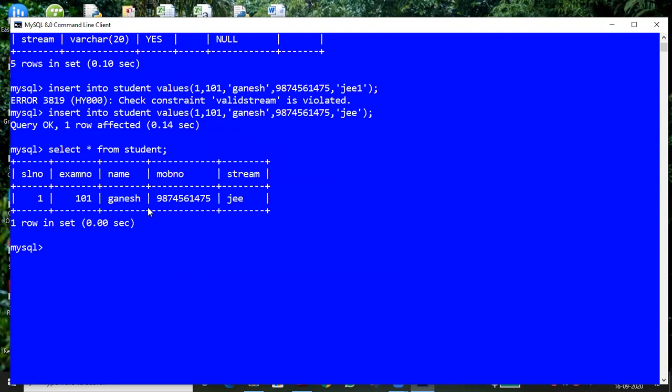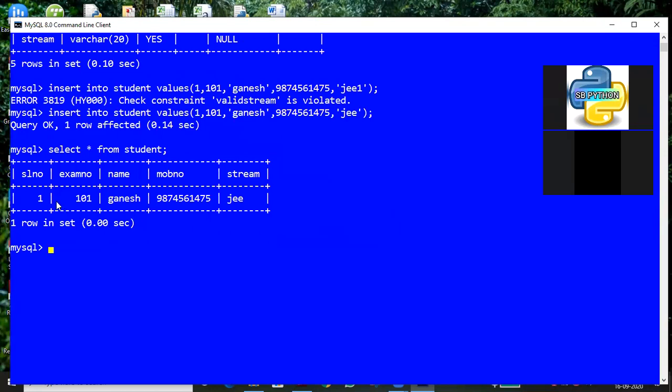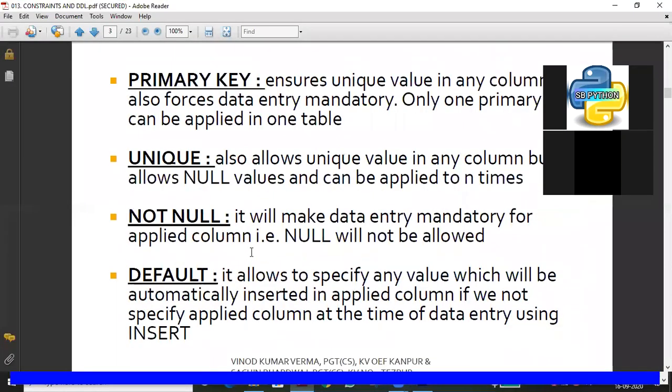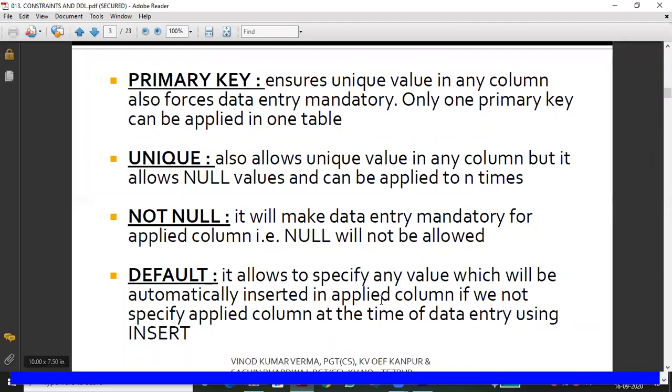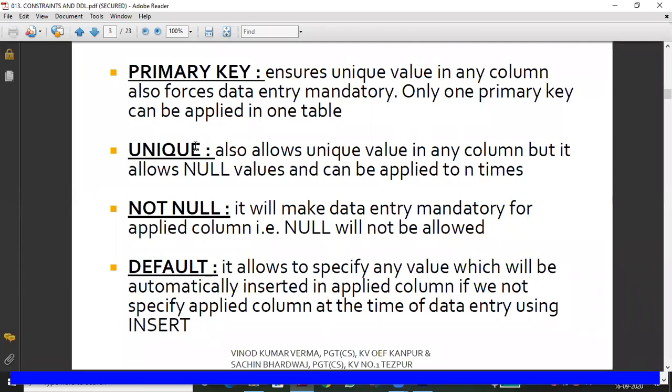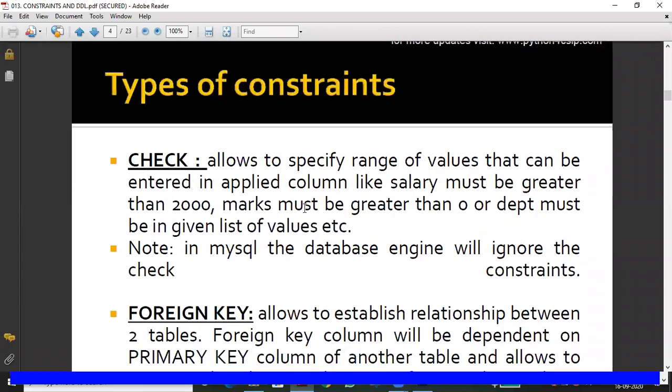So now I hope you got all the types of constraints. Unique constraint, all the constraints we applied in one table. Once again I will show the content for you. Primary key, you know how to apply it. Next, unique key, you know how to use it. Not null, we did it. Default, we did it. Then finally the check constraint also we completed. Have you got it?